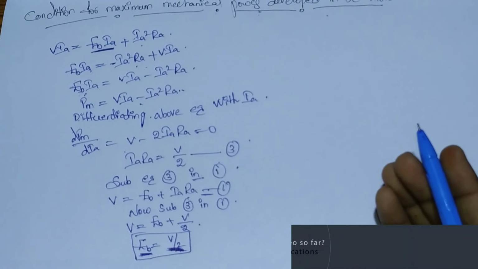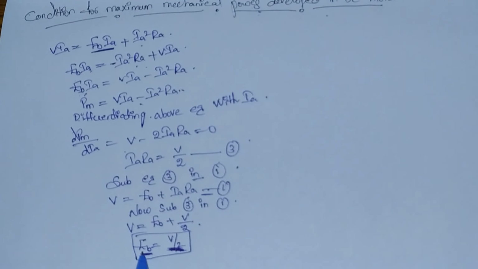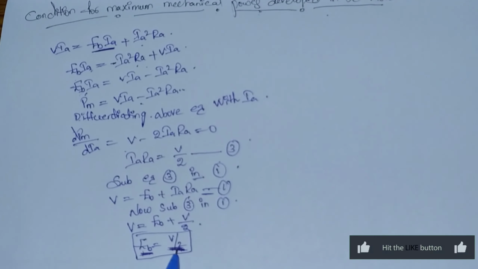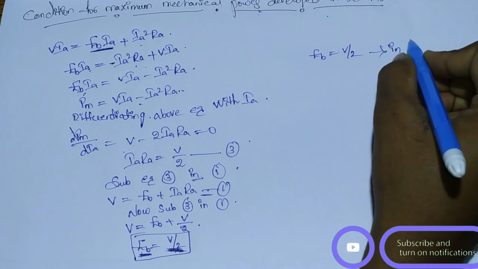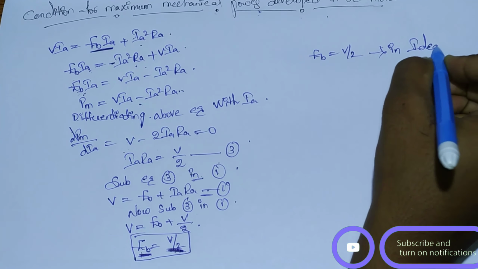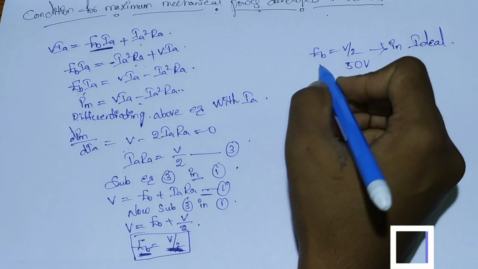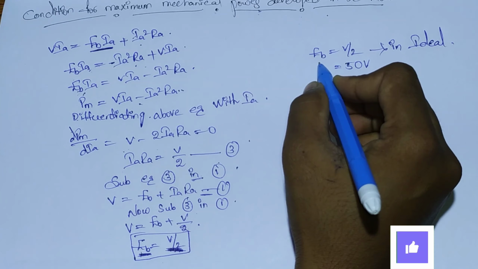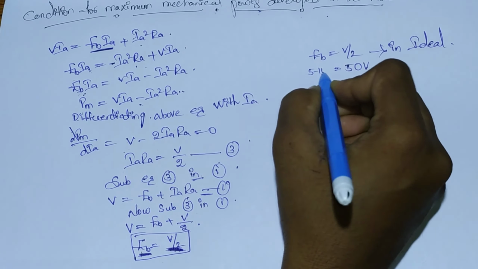But coming to ideal condition, what happens? In ideal condition, whatever the EB is there, that will be very less than half of the supply voltage. For your better understanding, I am saying EB equal to V by 2. In ideal condition, in general, let me consider the half of the supply voltage is 50 volts. So this is 50 volts. And in general, at half of the supply voltage we can get the maximum mechanical power developed. Here the ideal EB is 5 to 10 volts, for example.